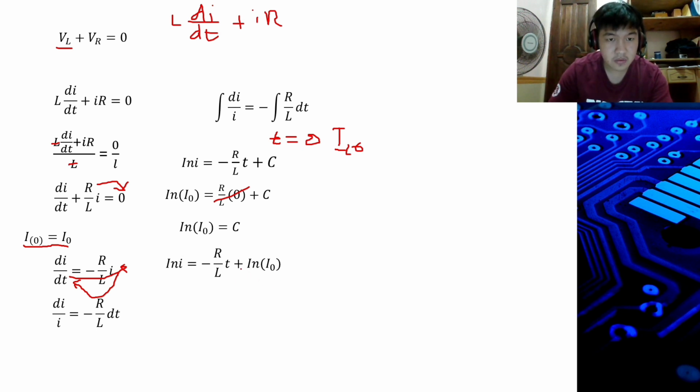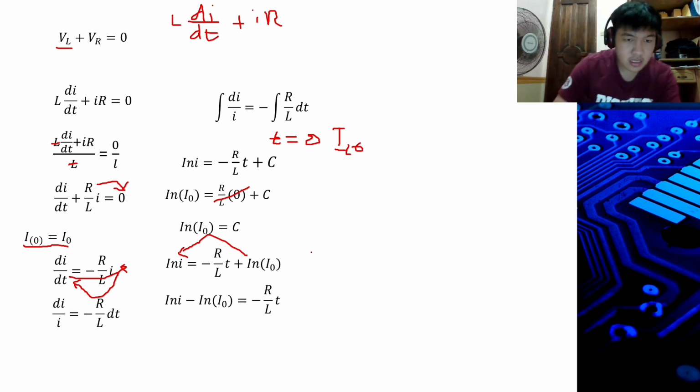Where this ln I naught is transferred to the other side, so ln I minus ln I naught is equal to negative R over L t, and